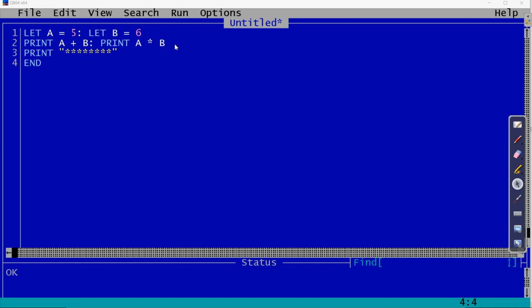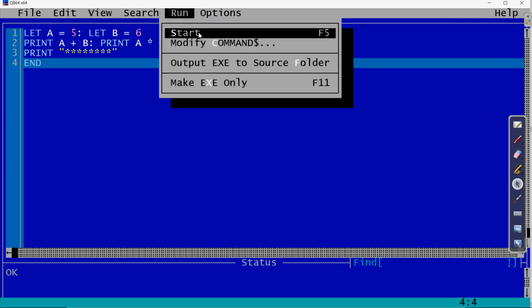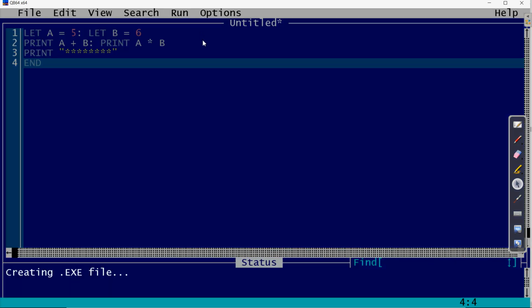For running we can press F5 or go to the run menu. Now let us see what the output will be.